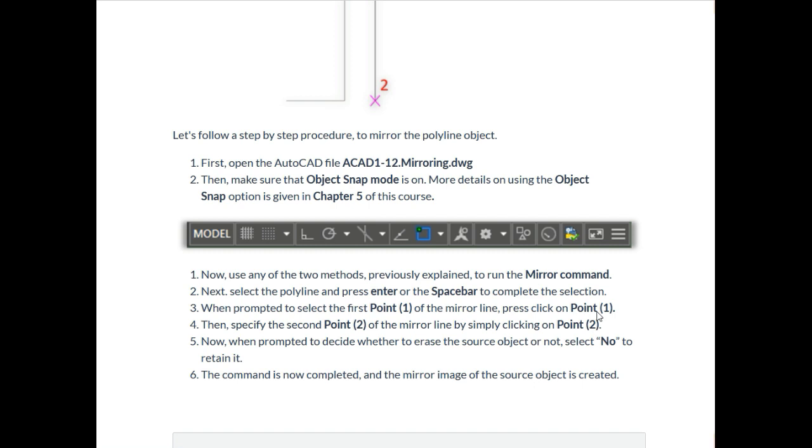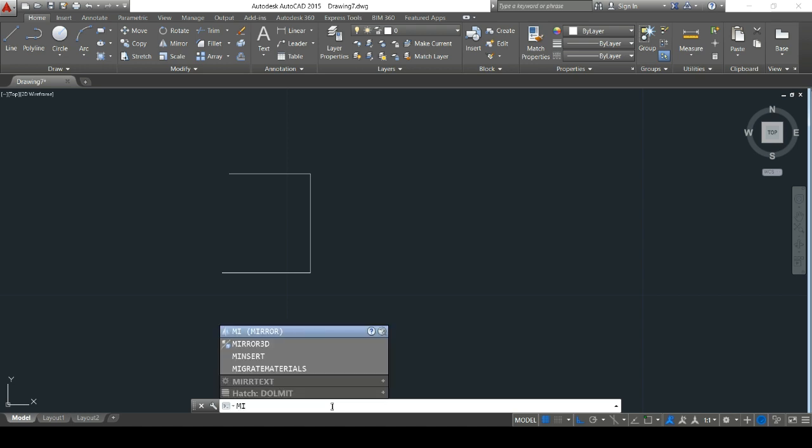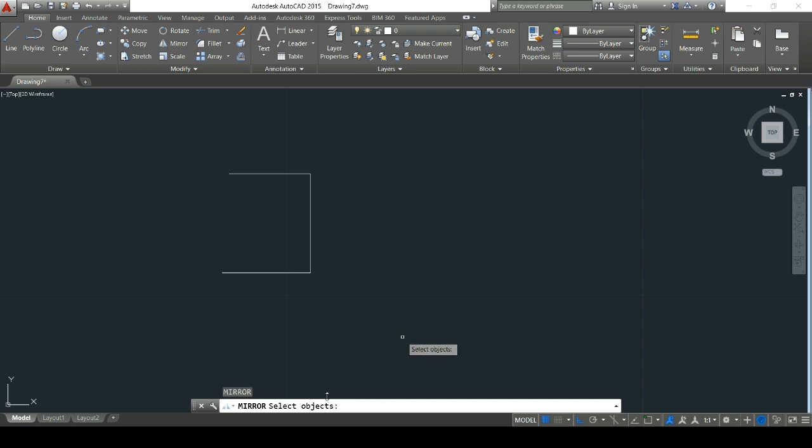Now I am going to show you in AutoCAD software. Now here is a polyline that I had drawn earlier. In the command bar I am typing MI, that is for the mirror command, then I am pressing the Enter key, and in the command bar there is a notification of mirror select objects.